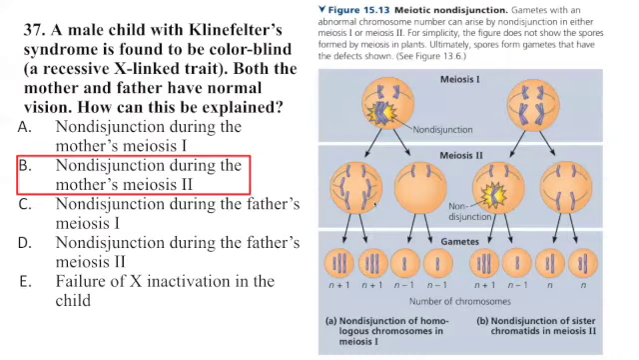A male child with Klinefelter syndrome is found to be colorblind, which is a recessive X-linked trait. Both the mother and father have normal vision. How can this be explained? Right? So if you have a recessive X-linked trait, but both the mother and the father have normal vision,